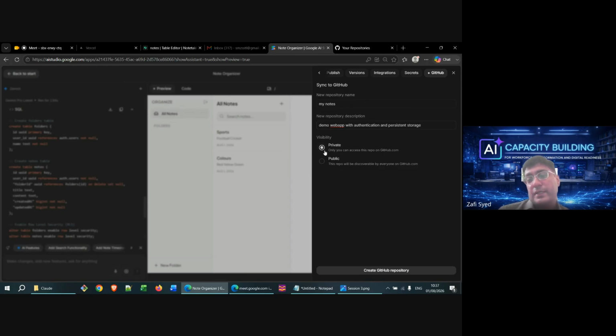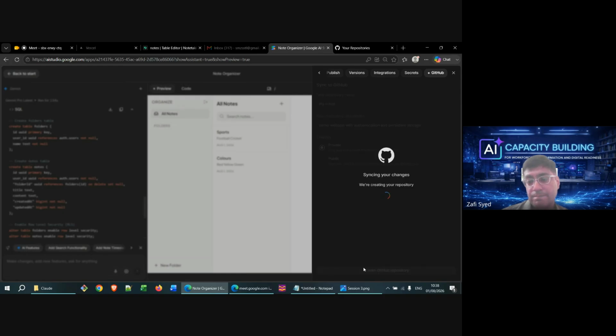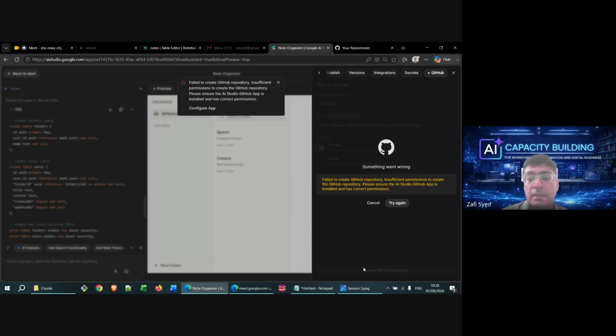Another thing that you can do is set whether this application should be private, so only you, or anyone that you add on GitHub, can see the source code, or whether it should be public. It's generally a good idea to make it private unless you want to show this app off as your vibe coding portfolio. So I'll click GitHub repository. Okay, failed to create GitHub repository, insufficient permissions to create the GitHub repository. Please ensure